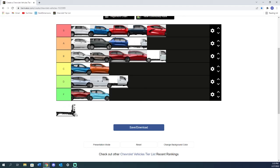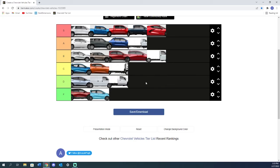Right. Low cab forward. I don't really know what to say about it. Like I said, when they teamed up with Isuzu, they basically took Isuzu's truck, said, here's a better engine, threw it in, but it wasn't even their engine, and then they threw a Chevy badge on the front and called it a day, and then they broke their team with Isuzu. But they kind of do still work with Isuzu. It's really confusing. It's not really amazing, but it's a good truck. It's not Chevy's, though. They 100% stole it. And okay, I give it a C. It's a good...